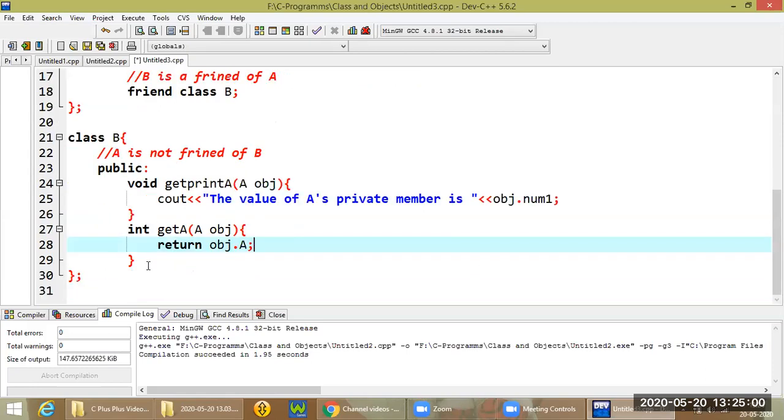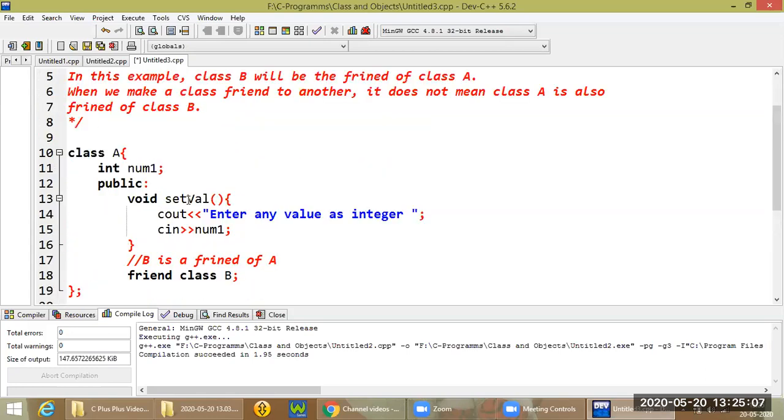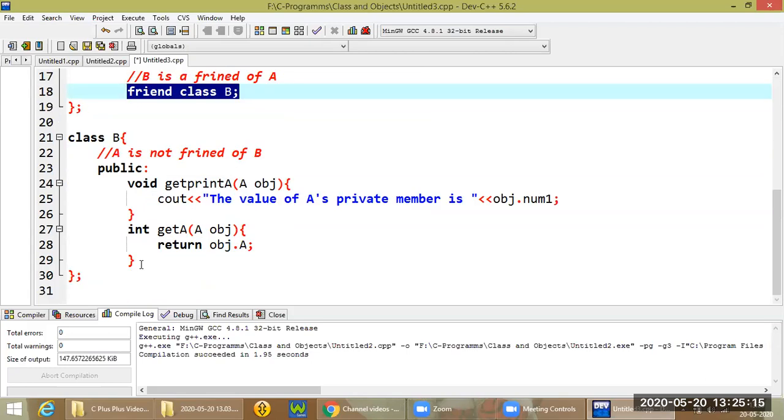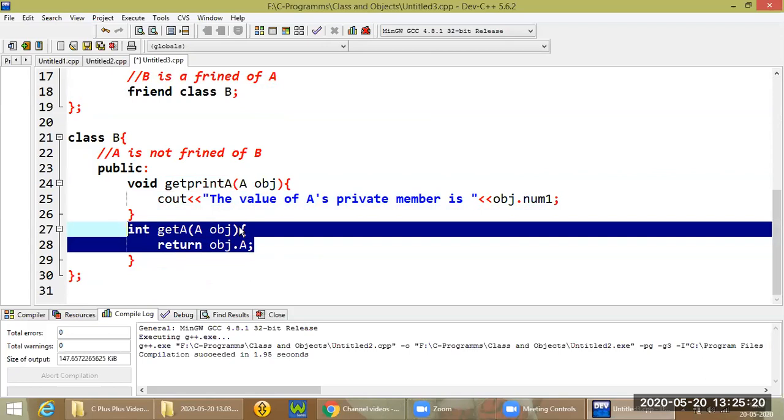So here we have defined two public functions inside class B, and both are now eligible to access private data of the friend class A. This is the powerful feature of a friend class. Once we make a class a friend, any number of member functions can access private data of that class.